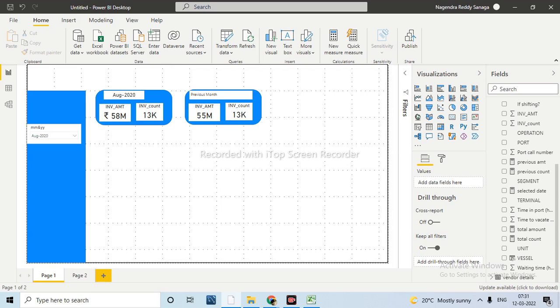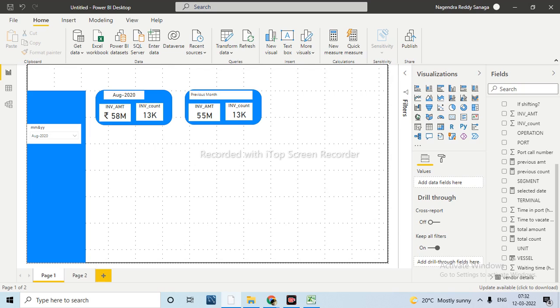Nagendra asks: for the previous month, can we also use the same period last month function? The same period last year function will not work here. We can use the parallel period function for giving -1 month. That's fine. But the same period function, what will it give? Now if we have selected August 2020, it will give us the result for August 2019. Okay, that is the same period function. Anyway, here we have the direct previous month function. Directly we have used it.